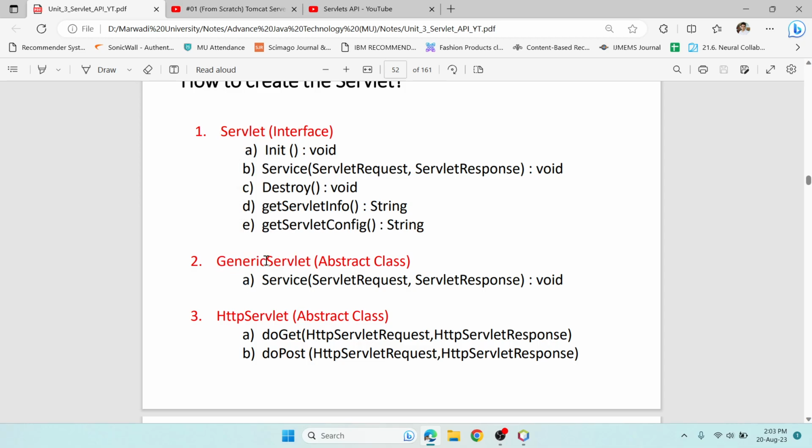Generic servlet by default extends the servlet interface. So which means it can use all these methods. Along with that, we have additional extra methods like log and many other methods. But the most important method is service method. So that's why I've mentioned only service method over here to get the request and response. Fine. And the most important point of generic servlet is that it is protocol independent, which means that it can